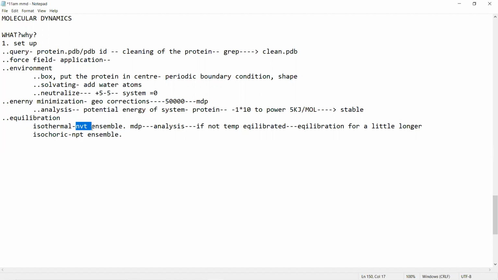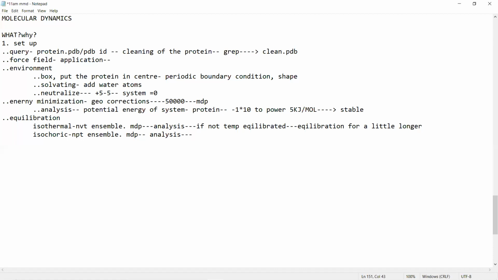Once the temperature is equilibrated, we'll be working on that system. So we are continuing with the temperature ensemble but adding on the pressure ensemble. Here also, the same process: using the MDP file we'll try to achieve the pressure equilibration. Correct, guys? So we will be going for these two equilibrations.